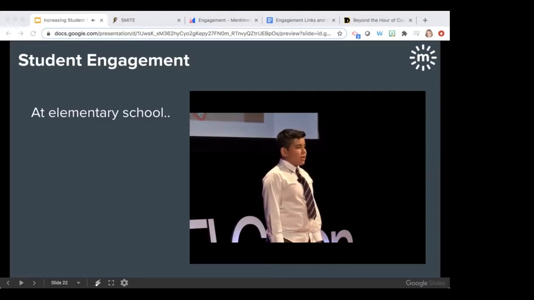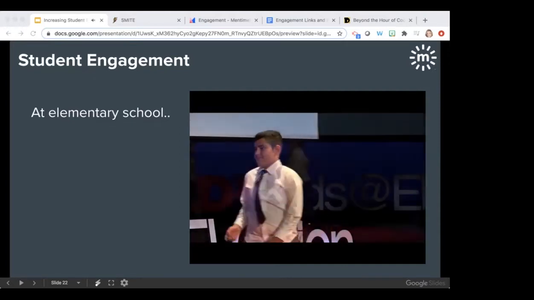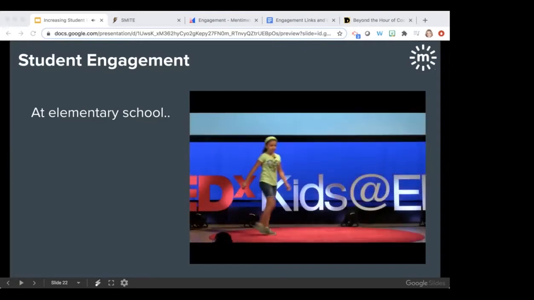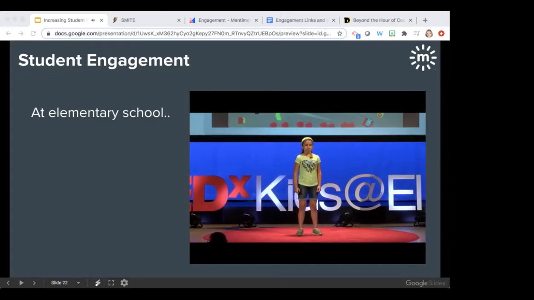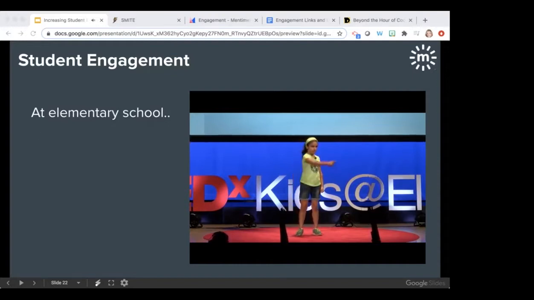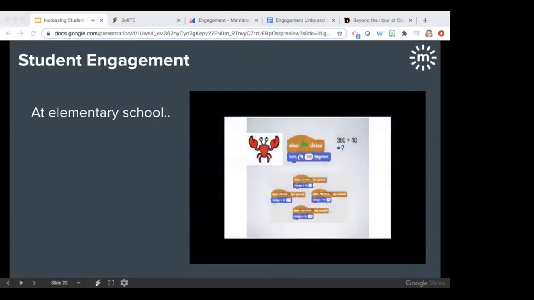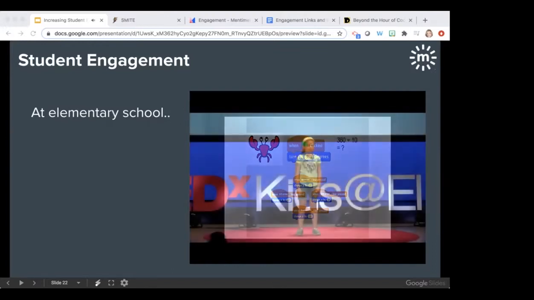Now here's Chanel talking about math and debugging. Math is very important for programming. Here are a few basic examples of how to use math. Who can raise their hand and tell me what 360 divided by 10 equals? 36. That's right, 36. We use this when we want something to spin. It needs to do a 360. Starting in 2nd grade, we use the X and Y coordinates to have